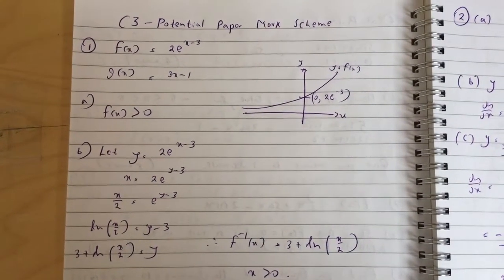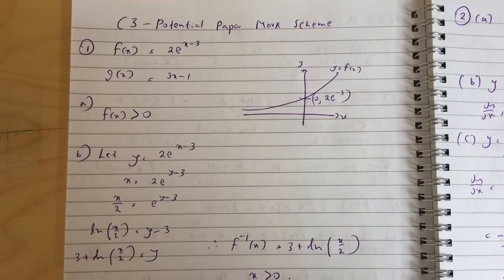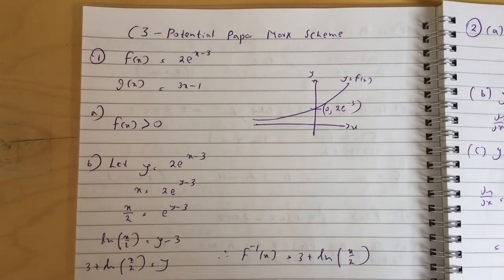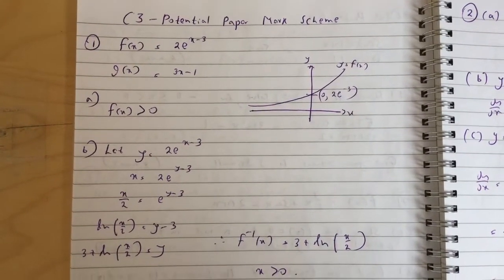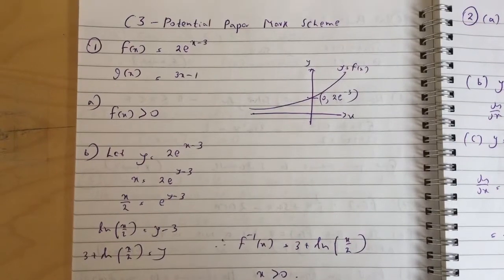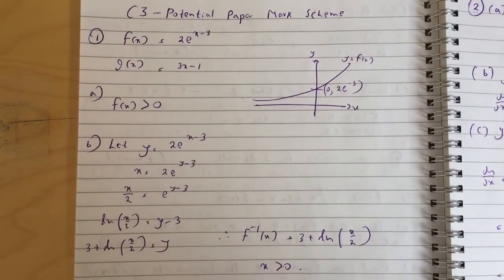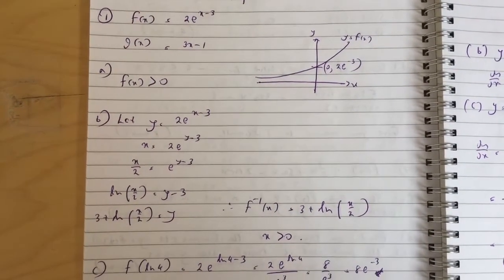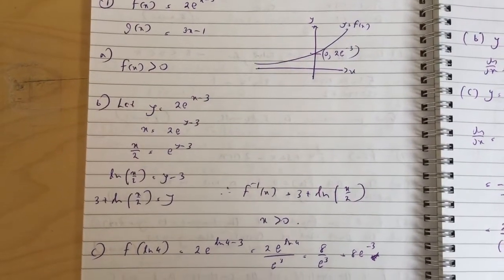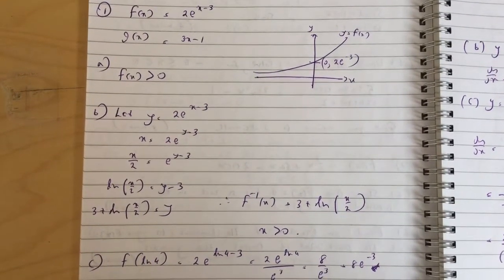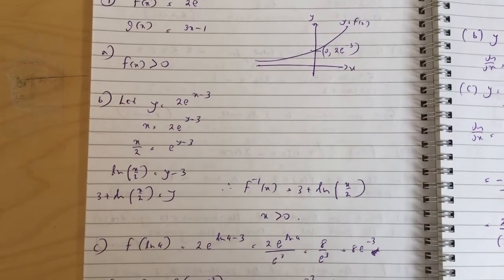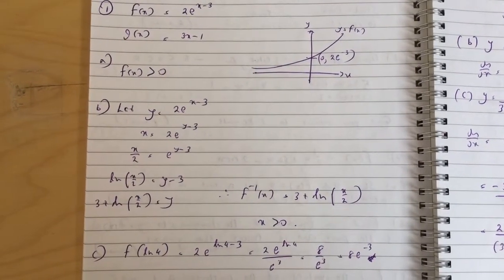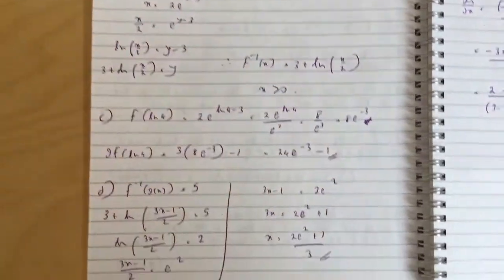Okay, this is the mark scheme for the C3 paper. So question 1, part A, the range is f(x) greater than 0. Part B, the inverse function works out to be f inverse of x equals 3 plus ln x over 2, and the domain is the same as the range for f, which is x greater than 0. Part C,